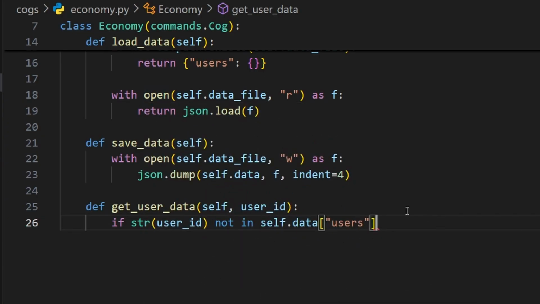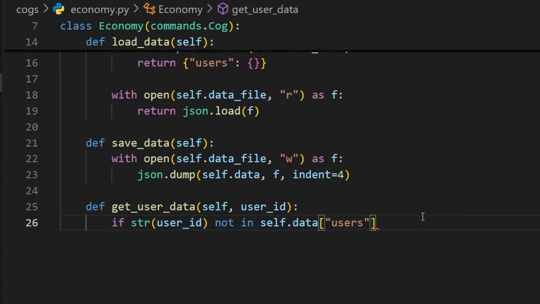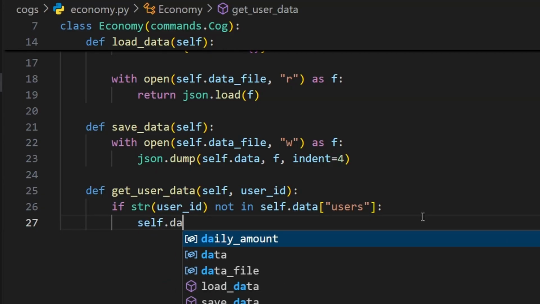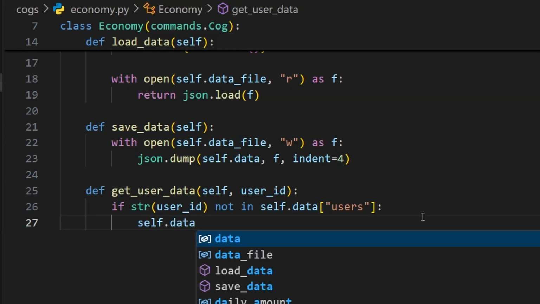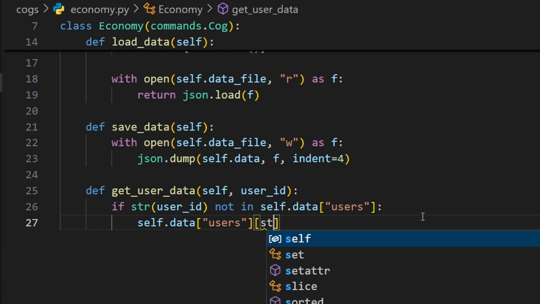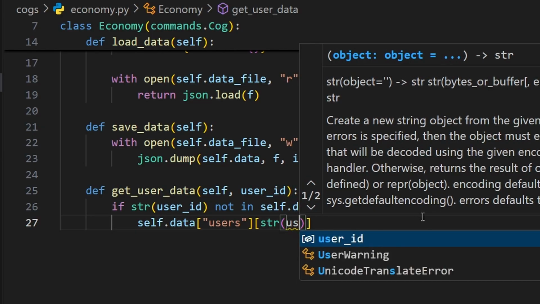So if they're not in the users spot, which we're going to update in the economy JSON manually so it understands where everything goes. If they're not here, colon, then self.data, square bracket, quotation marks, users, square bracket, str, brackets, user_id